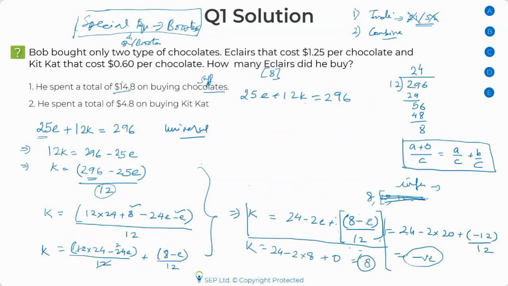Yes, Agnik, that is why I'm saying this method is universal. Hit and trial is also error prone, and it's not a universal way of solving questions where you're going to put values 1, 2, 3, and 4. And it's going to take a lot of time to do it.